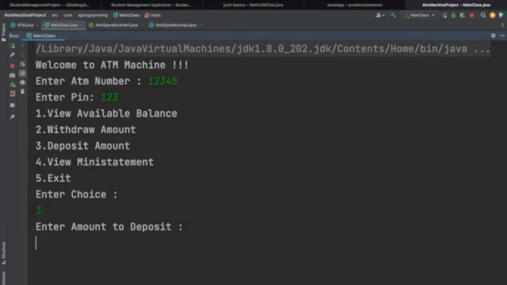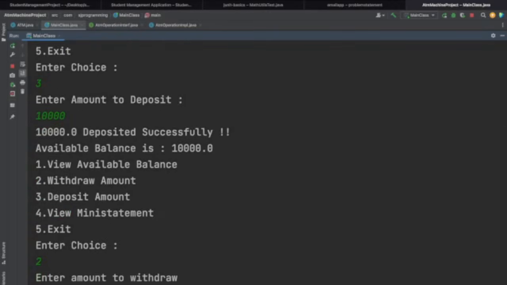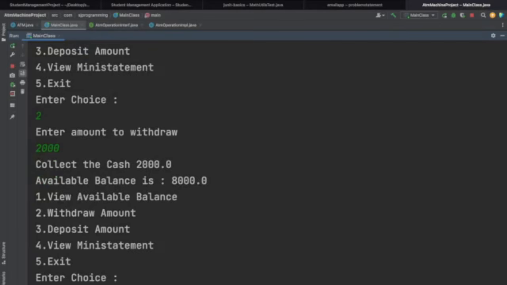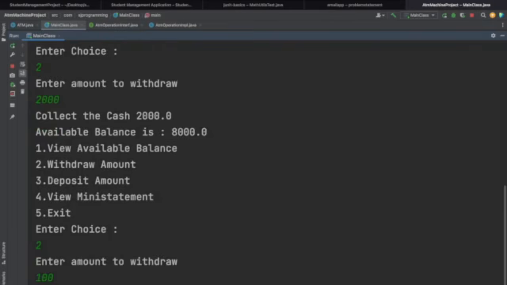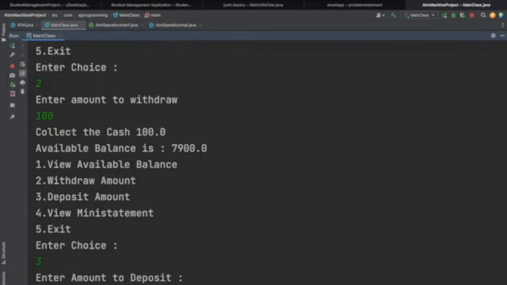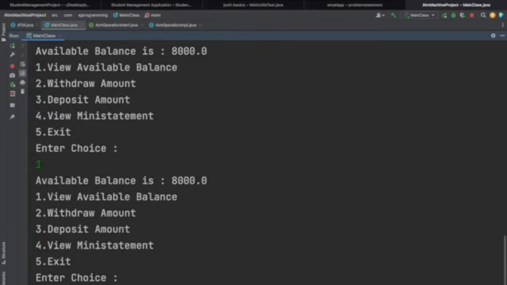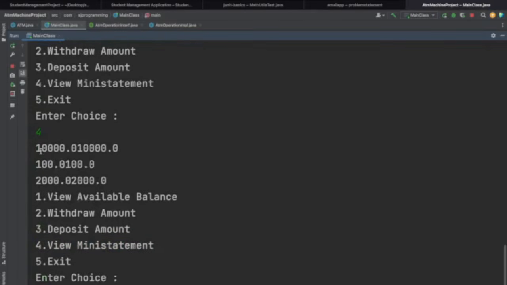Now let's deposit some amount. I want to deposit 10,000. Now I want to withdraw 2,000. Again I want to withdraw 100. Okay, let's deposit some amount. Let's deposit 100. Okay, and now view the balance. Okay, 8,000 is the balance. And now if we want to view the mini statement, so see here, enter 4, and we are able to see all the,